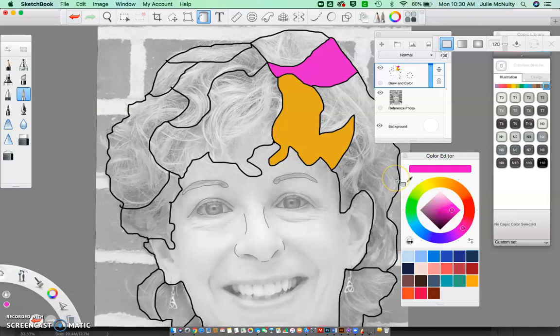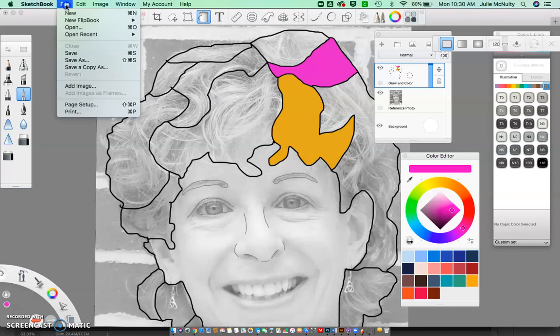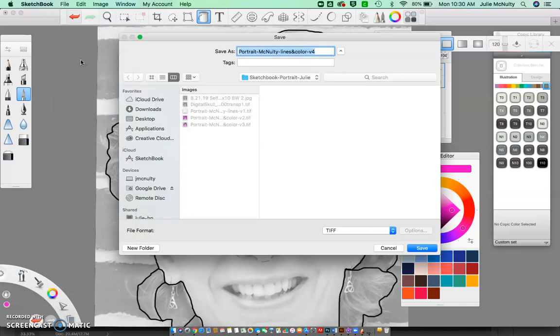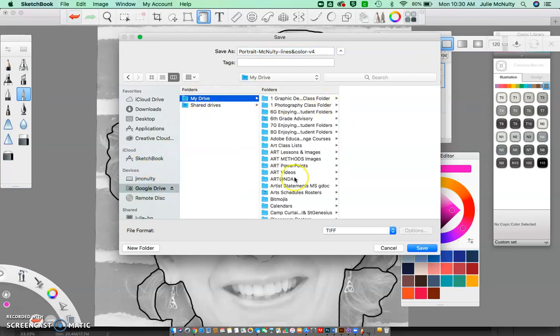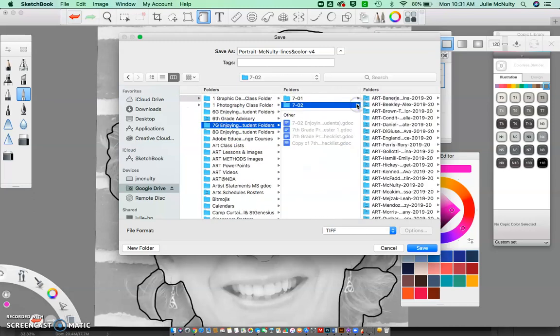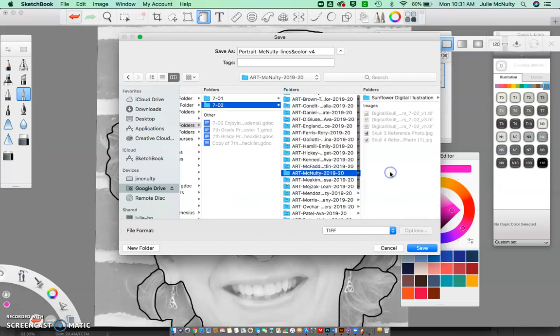Okay, so have fun with this, and just remember to save your lines before you start filling in with color, or if you don't, you can always go back and change the color within those lines. But again, to save, we're going to do File, Save As, navigate to your drive, your art folder, and then the self-portrait digital illustration. I'm saving mine in, I think I do have one here. McNulty, and my